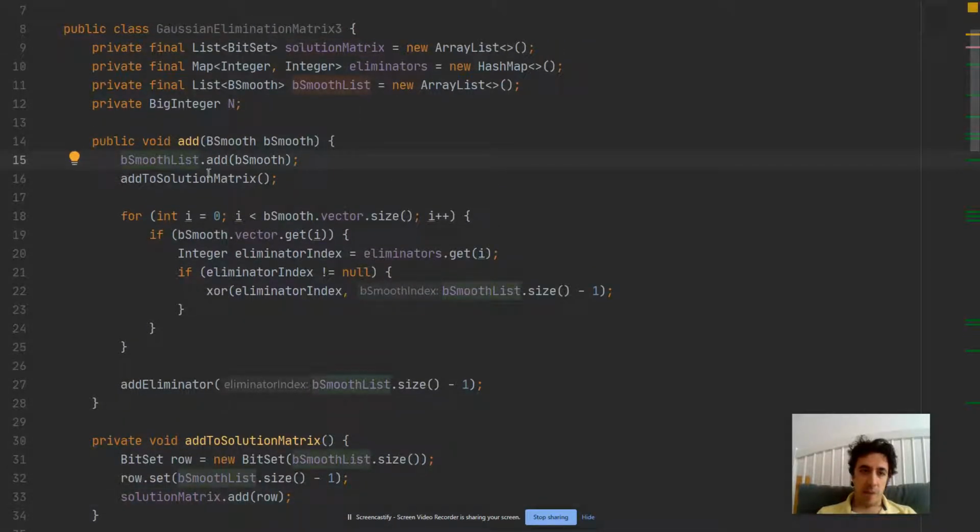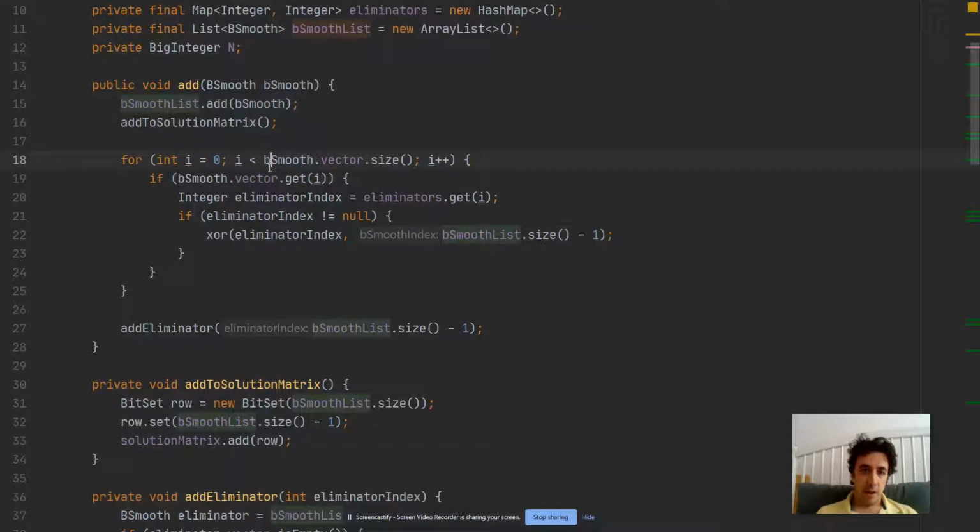And it doesn't need any parameters because that's completely dependent on the BSmooth list size. Okay, then we are iterating over the vector. The size here determines the index of the last set bit, and then we are checking for each item if it's set. If it's set, we will try to eliminate it using the eliminators map,